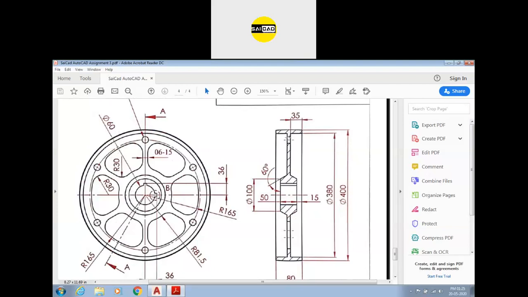After that, we can see here that we have a hole here. So the hole is the projection of this one. We can just create the projection from here, and we have the whole inner hole here, and these two lines are basically the projection of this keyway. After that, we have the shape here. So we need to create the shape at a distance of 50. The width of the shape is 50 and up to 100.